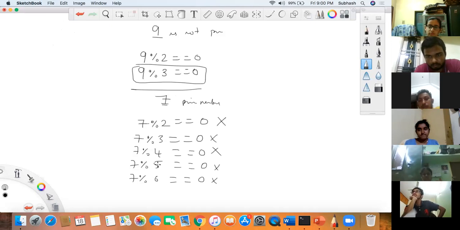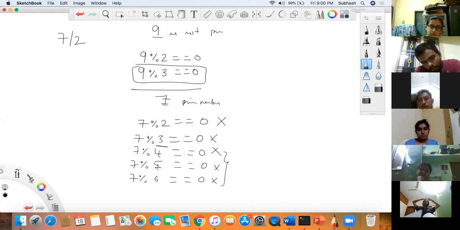Shreyas? No, then till what number should I check? Exactly. It is num by 2 is enough. Okay. 7 divided by 2 is enough, because you take half of that number. So 7 divided by 2, 2 threes are 6. So you can check till here anyways, because 4 twos are 8. You need not check. Anyways, it will not divide. We are sure. You can only check till 2 to 3.